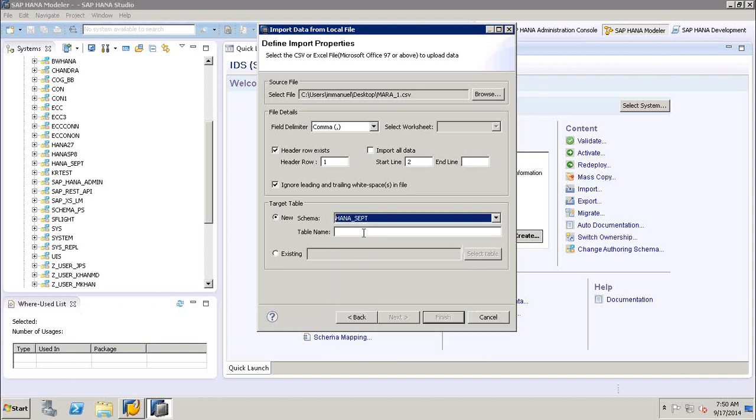So I have selected that in here. You want to give it a table name, you can mention that here. You can mention Mara underscore CSV file. So I can select that in there and I can click to the next. If I already have a file in there, I can select the existing and then I can push that data into the same table. Alright, so here I'm going to click on next,